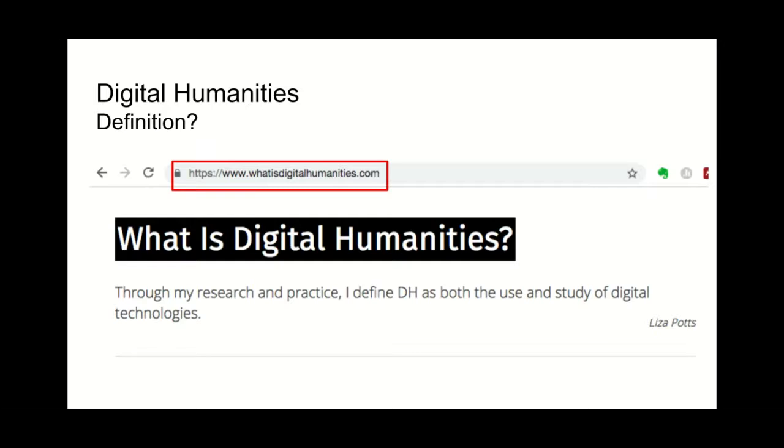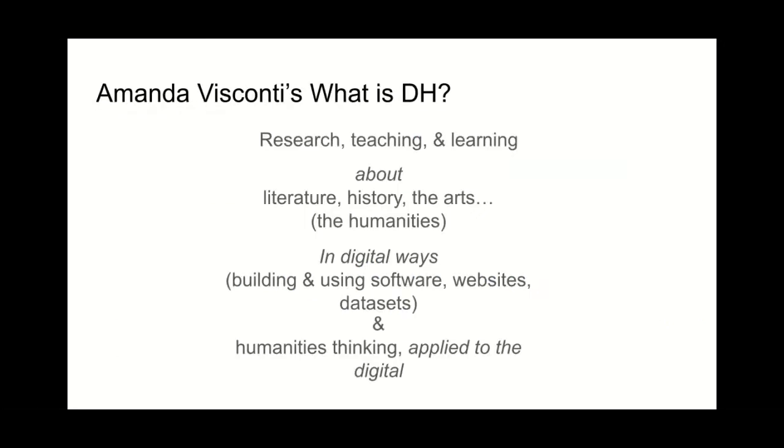This includes over 800 definitions of the field by researchers within or adjacent to digital humanities work. So while definitions vary, I think the clearest and most comprehensive description of the digital humanities is from Amanda Visconti, a librarian, scholar, and digital humanist.